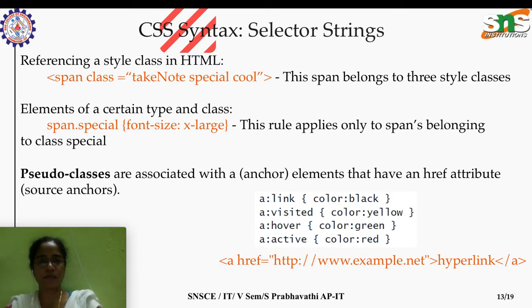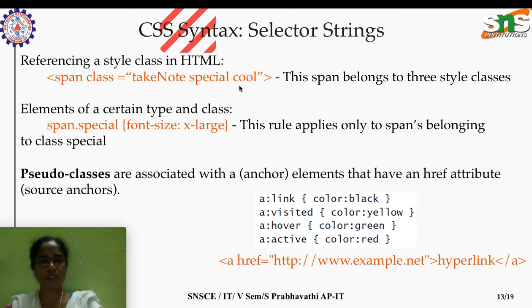And next, some more styles. It's not necessary to have only one class name for an element; we can have n number of class names. That's the example given here. In a web page we have a span element with class equal to, and it takes these many classes. Previously we saw only one class, highlight. Likewise, if we define three classes, all three class styles can be applied to a single element, like this: take note is one class, special is one class, and cool is one class.